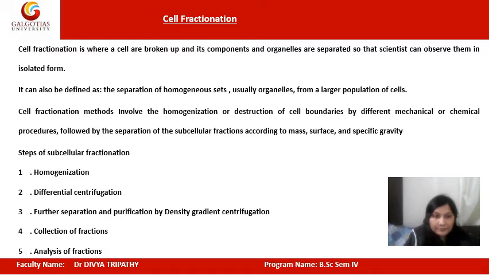Till now, we all know what differential centrifugation is. It is a separation of cell organelles on the basis of their different sizes. And density gradient centrifugation involves the separation of cell organelles on the basis of their different densities but of the same size. See, homogenization is a step in which we have to make a homogeneous mixture of our cell organelles, the mixture in which we cannot differentiate whether it is cell debris or mitochondria. We will get the homogeneous mixture of our cell samples.